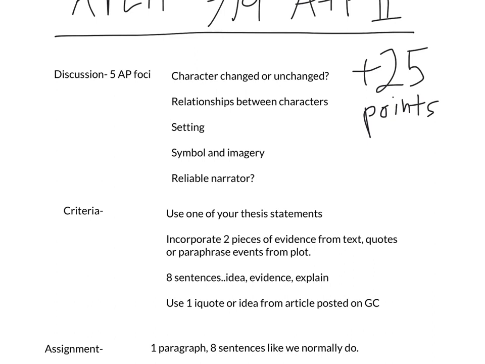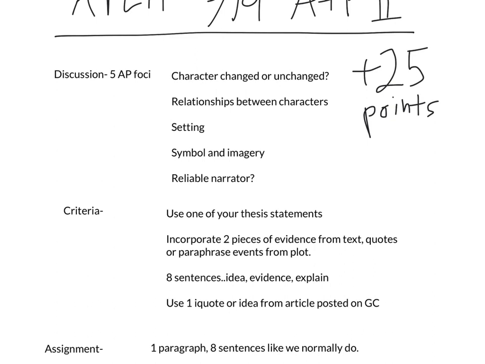And then our last foci is a reliable or unreliable narrator. This is told from first-person point of view. So do we trust Sammy? Are we on Sammy's side? Do we not like Sammy because of the way that he judges people in there? How do we feel about that, and how much do we trust his feelings and interpretations of the people that he serves in his job? So those are our foci.